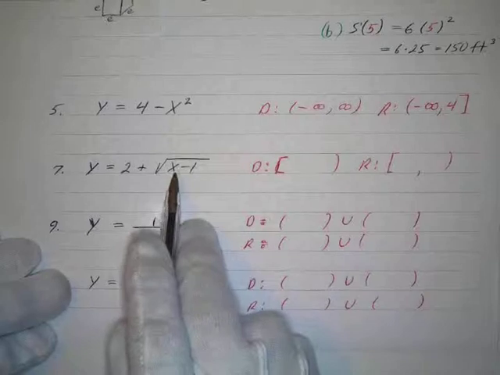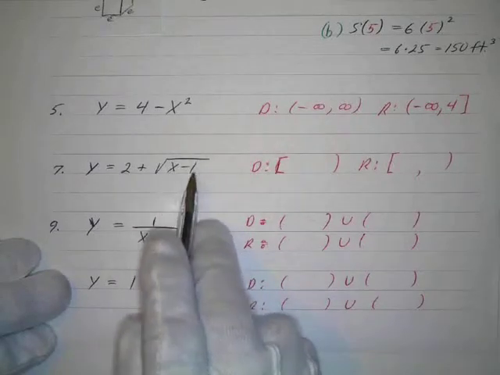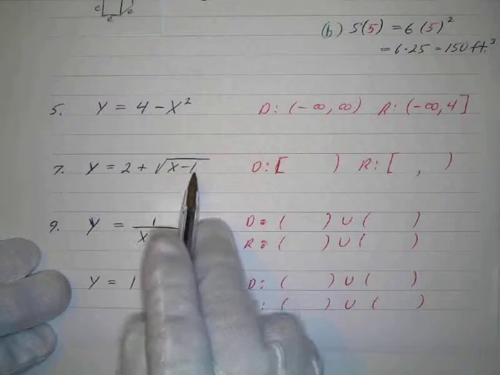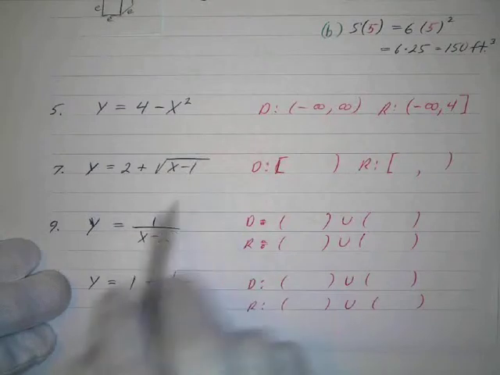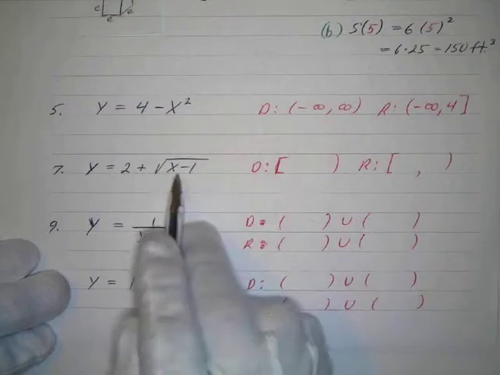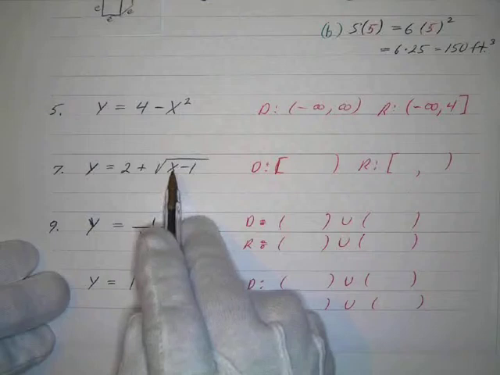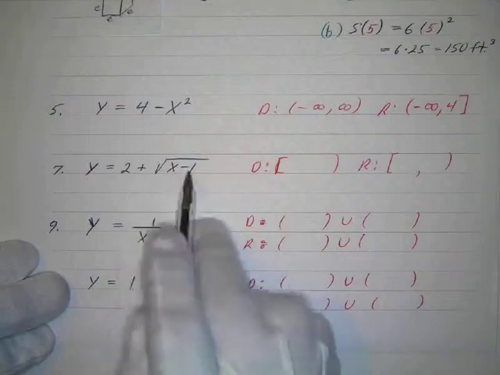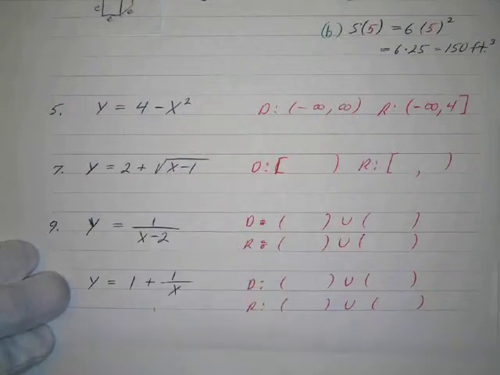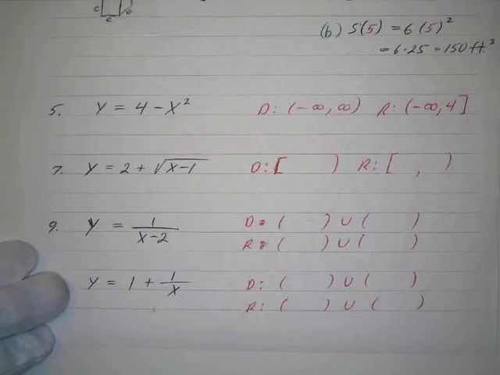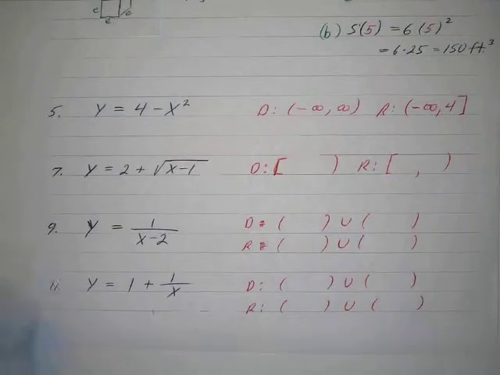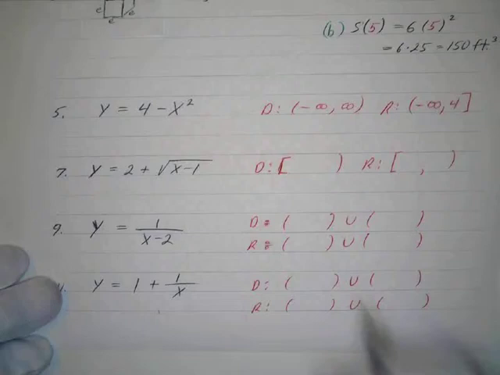So if x is 1, this is okay because we can have 0 under the radical, because the square root of 0 is 0. But if x was less than 1, even if x is 0, we would have the square root of negative 1. We can't have that. So x has got to be greater than or equal to 1. Okay? So my domain would be